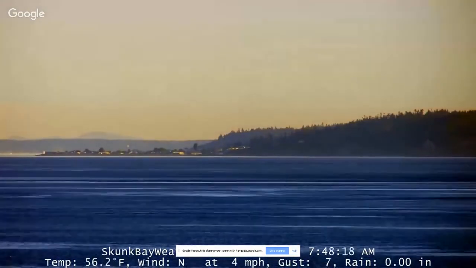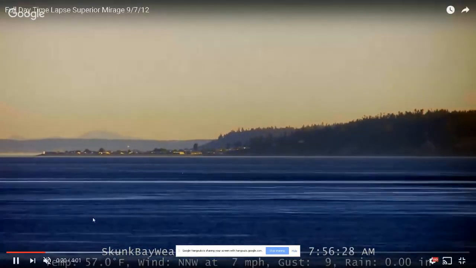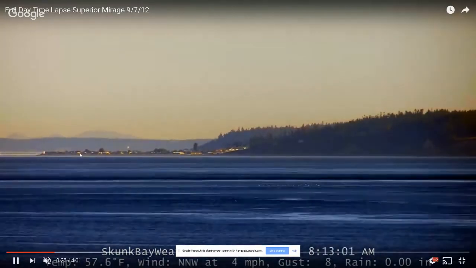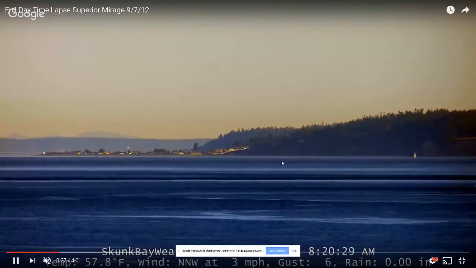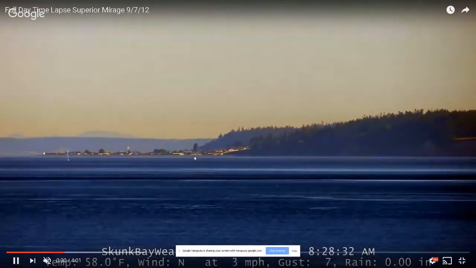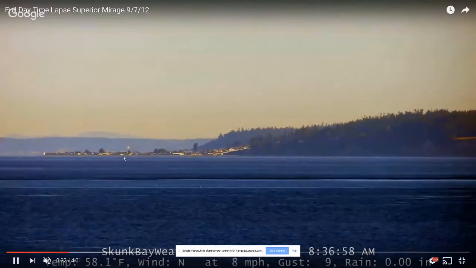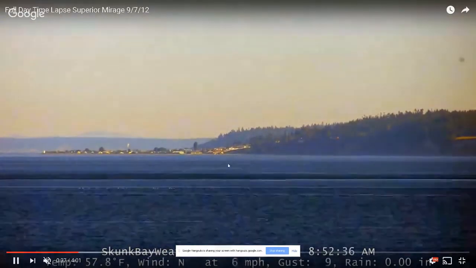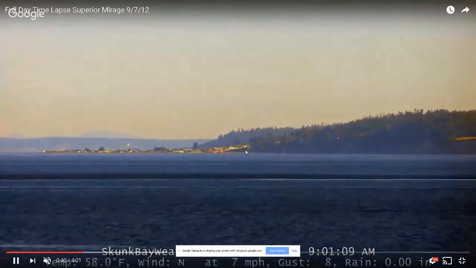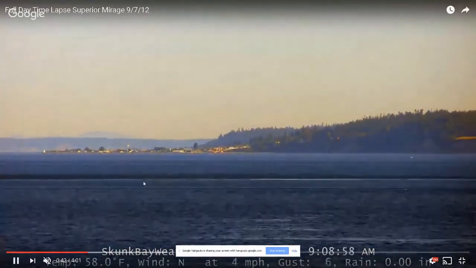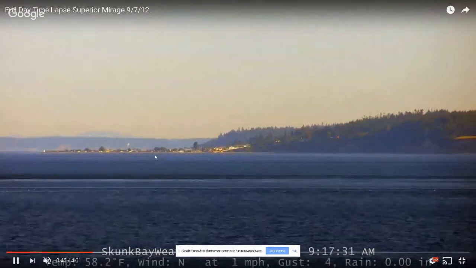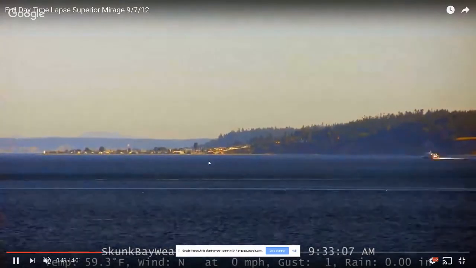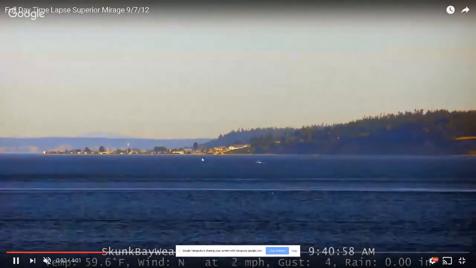Okay, great. Now, this is early in the morning, so you're going to see a little variation here, but please pay attention to the shore as I'm pointing out with my mouse. Pay attention to the shore, pay attention to this house, these objects back here, and I'll stop it when we get to the point, but I want you to see the fluctuation. It's already occurring with the day getting hotter. Now it looks like it's going down a bit. You'll see it start to go up a bit.